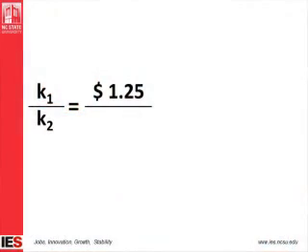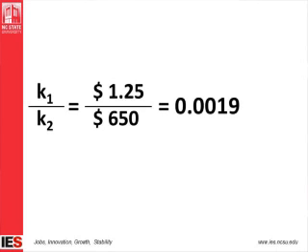Let's consider a quick example. Let's say that you've calculated the cost of inspection and you figured that it costs about $1.25 to inspect one item. And that after it goes through the process and the assembly fails, that K2, the cost to rework that assembly, is about $650. So if you take the $1.25 it costs to do that inspection and you divide it into 650, you get 0.0019,